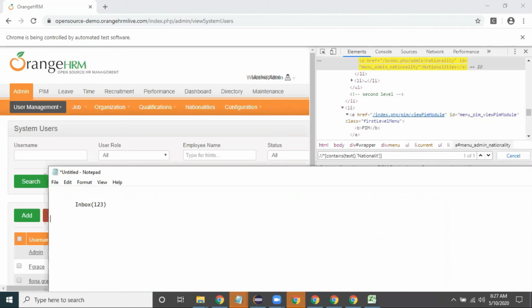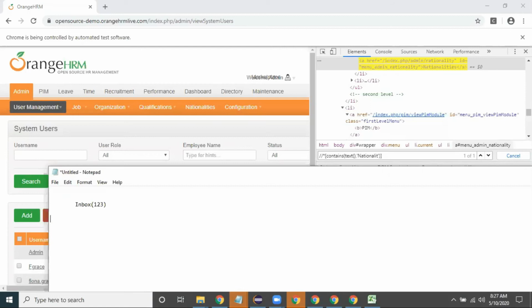Here, if I write driver dot find element by link text, I will take the first static text only, inbox, because every time that hyperlink text is changing, so tomorrow my program is failing. That's why, for finding link text, I'm taking some partial hyperlink text only. That's why I'm writing partial link text. That is fine. But if it is not a hyperlink, what is the solution we have to take?